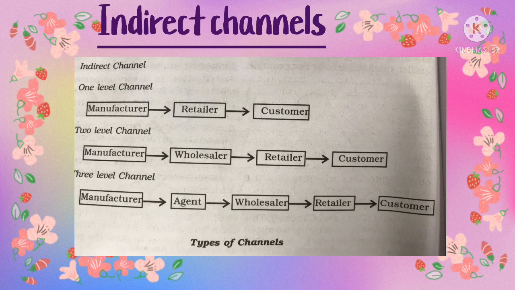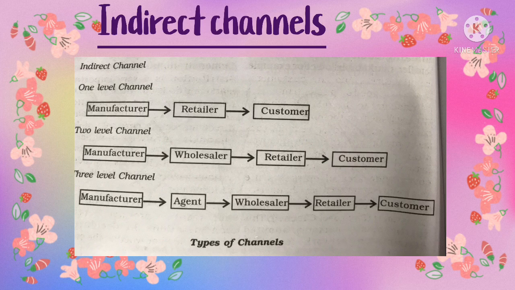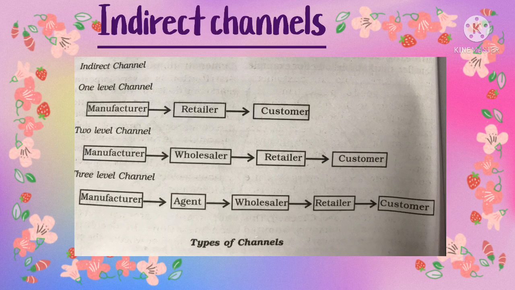In this path one more middleman is added, so that there are three intermediaries involved. These are the distributors, wholesalers and the retailers. When products are distributed in the deep corners of the country, then distributors are appointed. So that means a person, the agent, let's say the agent is